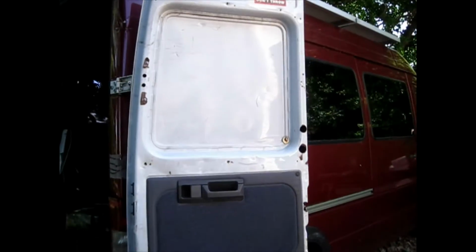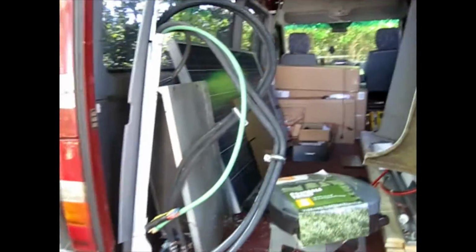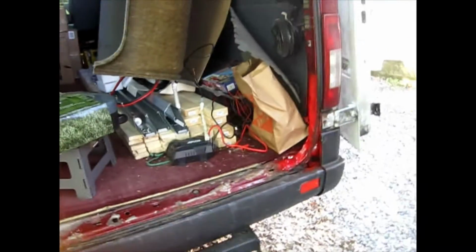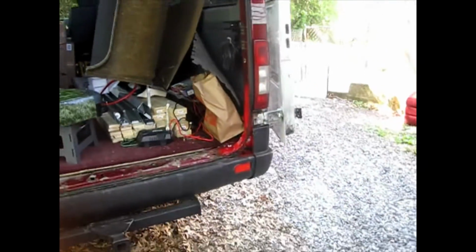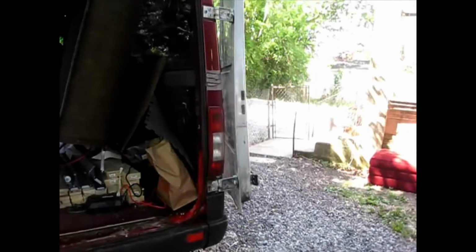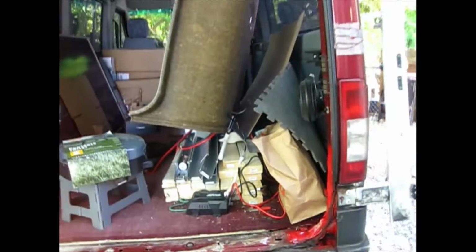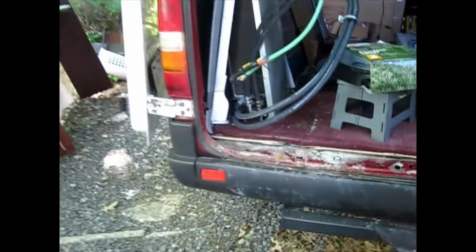Most of the time I'll probably be boondocking on my own, nobody else around, putting the air conditioner right outside, closing the door, putting the generator on and letting it run the air conditioning. That's my plan. This is the original stuff that came with this van. It's an air conditioner that was